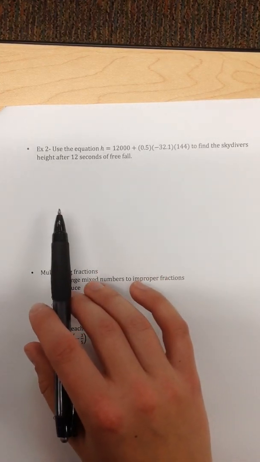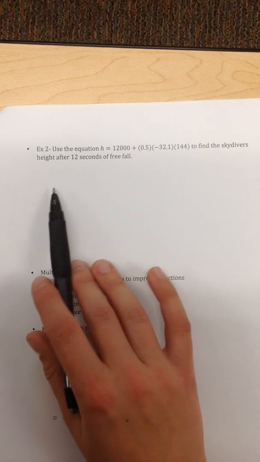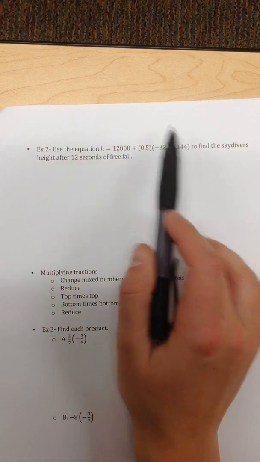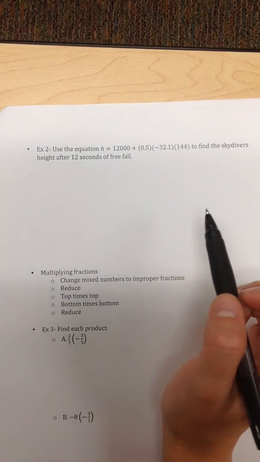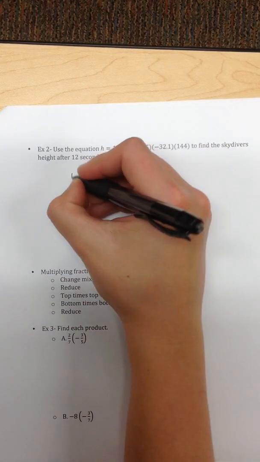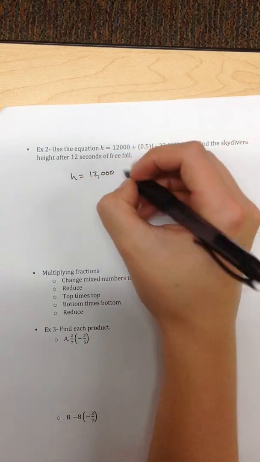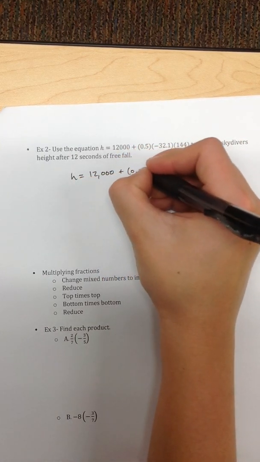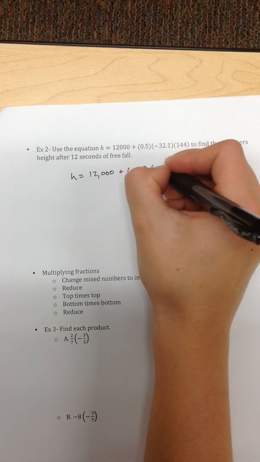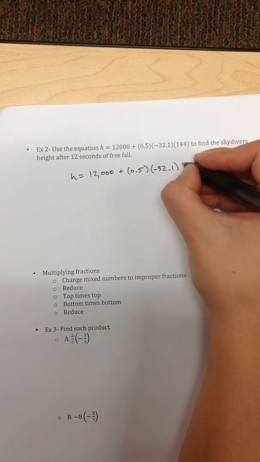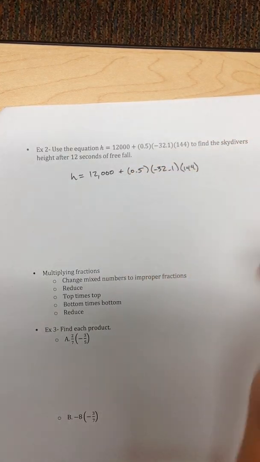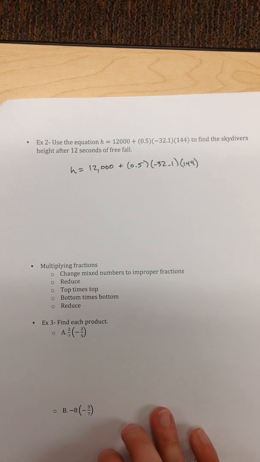So we want to find our skydiver's height after 12 seconds of free fall, and we're going to use this equation here. So we are going to take H is equal to 12,000. I'm just going to rewrite the problem out. 32.1 times 144. Okay, so with a problem like this, we're going to want to use our order of operations,